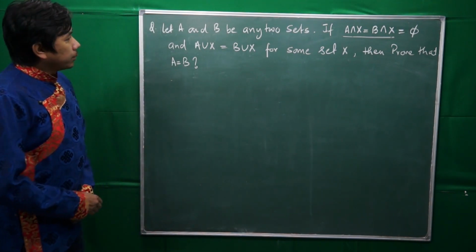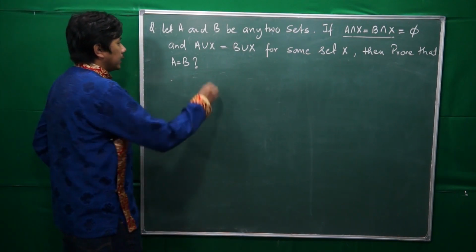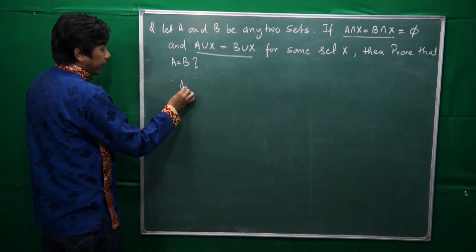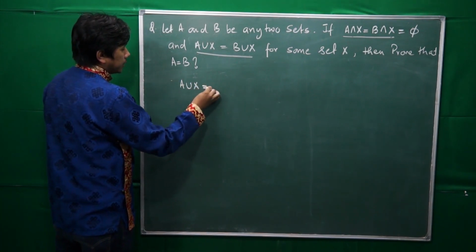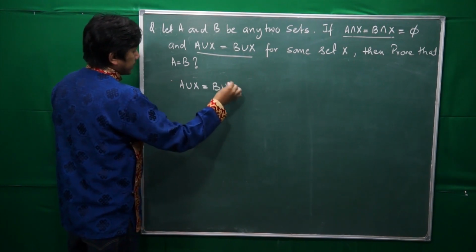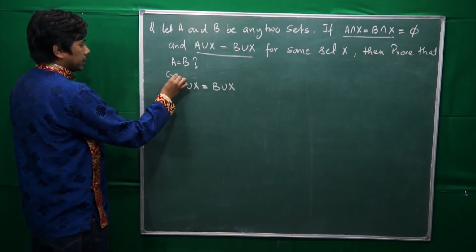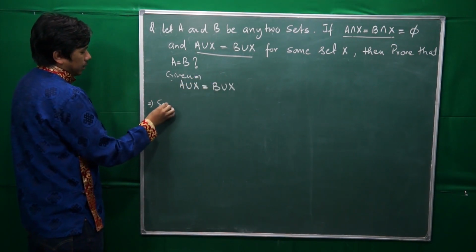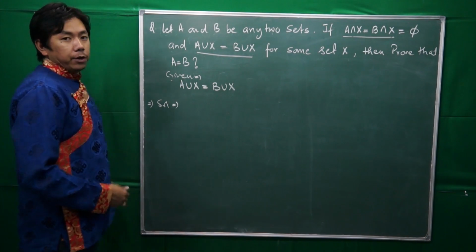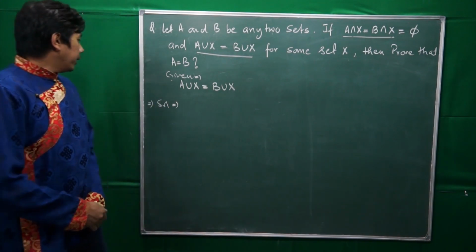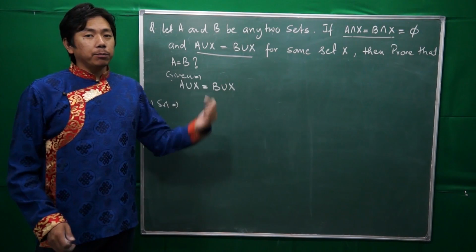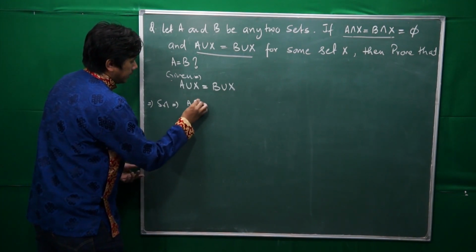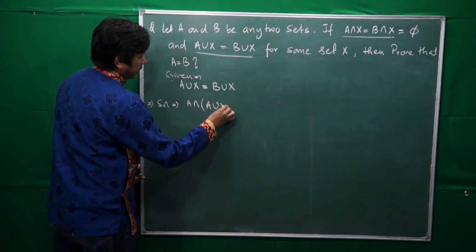All right, so to begin with, we'll take the given equation, which states that A union X is equal to B union X. This equation has been given in the question. So the first step is to use A intersection on both sides. Now, when A is intersected with A union X,